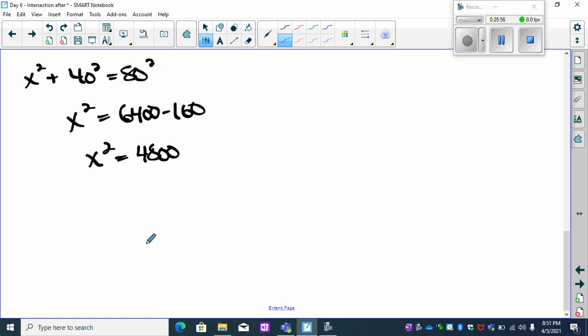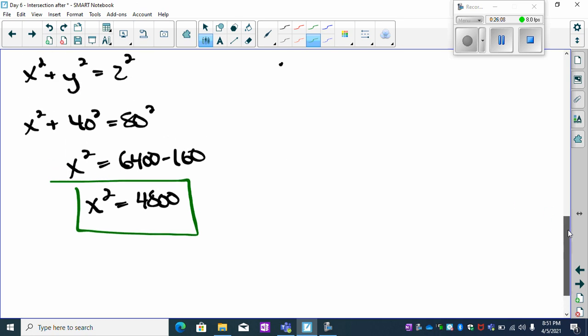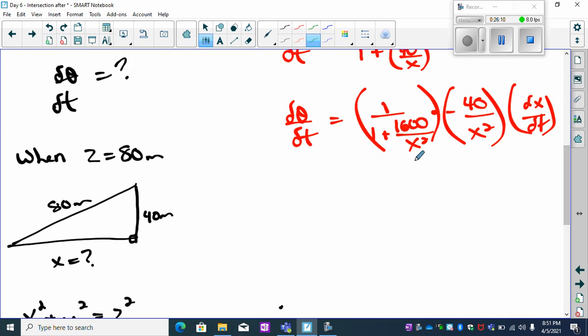Now, most times, we're inclined to figure out what x is by taking the square root of both sides. I just want to show you a little trick. Look at it. We've got x squared in our equation. It doesn't say x anywhere. So there's no sense taking the square root of it when you're just going to have to turn around and square it. So I can just fill those x squareds with 4,800s and